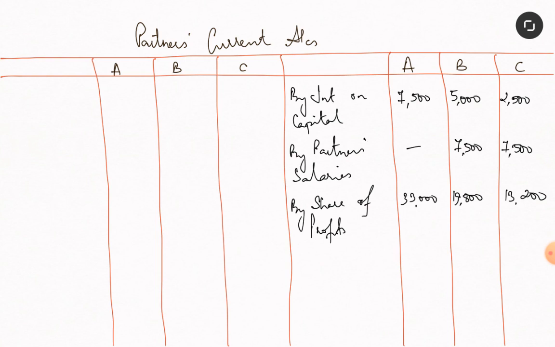In case of the table, first column is just the name of the partner, second column capital, which is not affecting the current account, third column profit percentage, which we've seen and will keep in mind, and then you have drawings. Drawings also affect the current account of your partners, okay? It'll come out of the capital of your partners, right? They can withdraw money from the capital account, so it'll affect your partner's current account. So let's write that to drawings account,